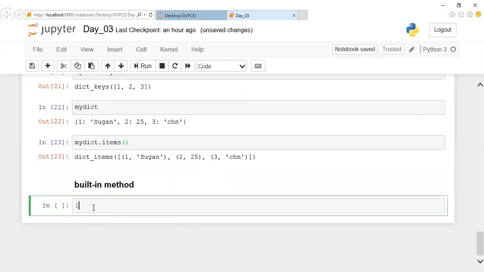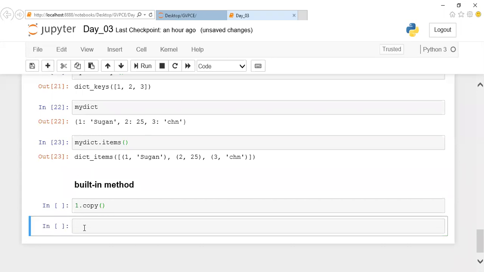Your first method is copy. If you want to copy one dictionary's values to another dictionary, you can make use of the copy method. So I can mention my DICT. Instead of using this big name, I'll mention D2 assigned my DICT dot copy. So directly, the dot copy method.